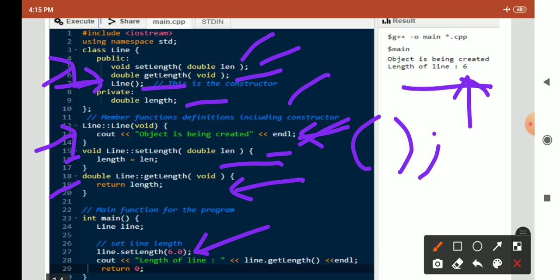Now how does your program work? We know program execution always starts with main. So here we created one object of your class.